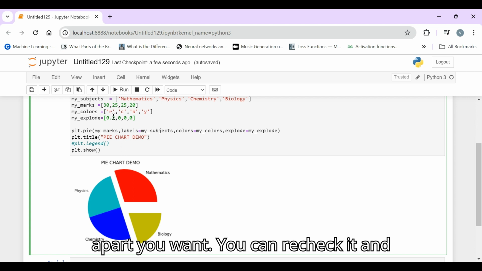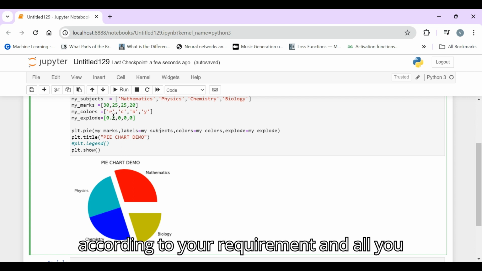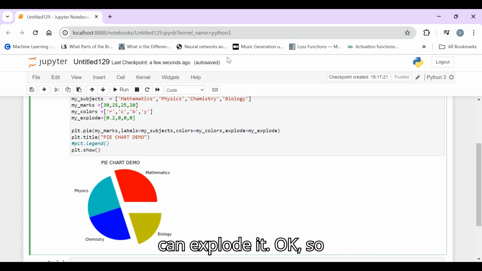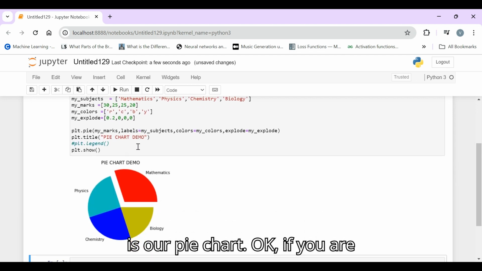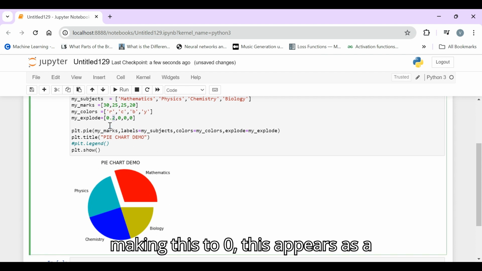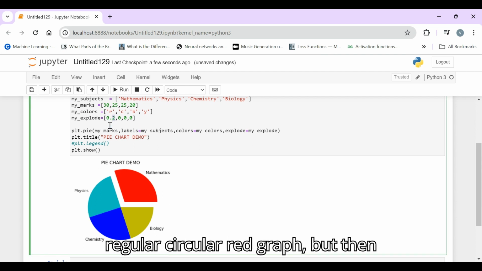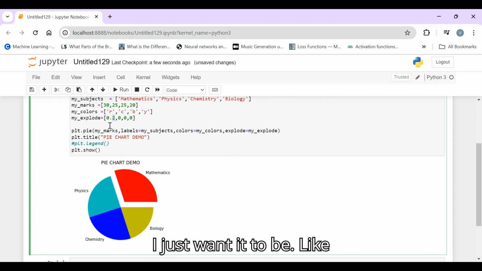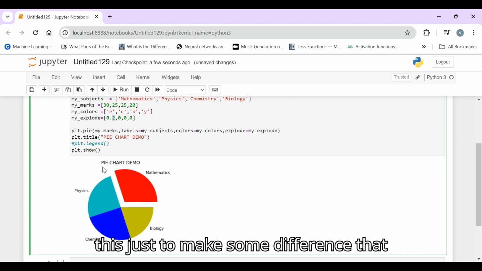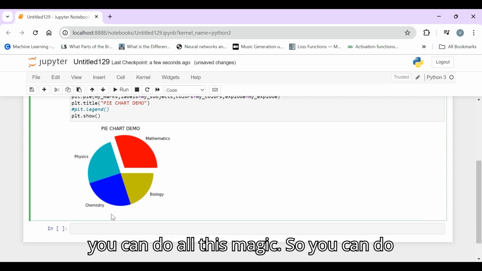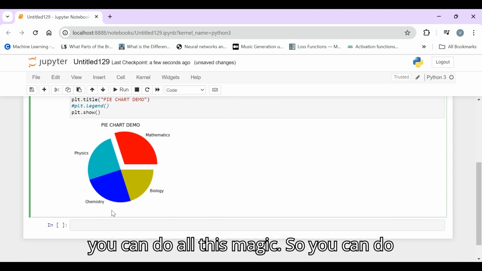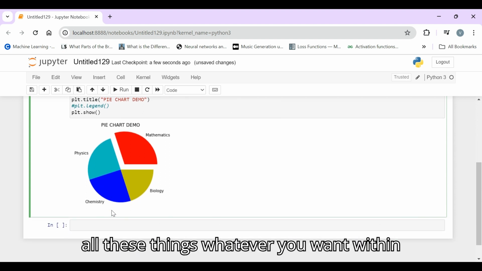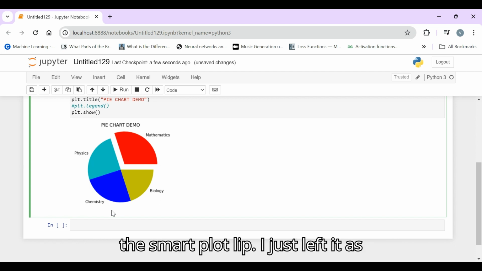You can recheck it and explode it accordingly. Okay, so let us run it. So this is our pie chart. If you make this 0, it appears as a regular circular graph. But I just want it to be like this, just to make some difference, to show that you can do all these things whatever you want within matplotlib. I just left it as such.